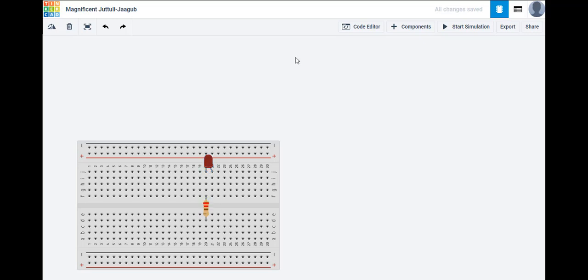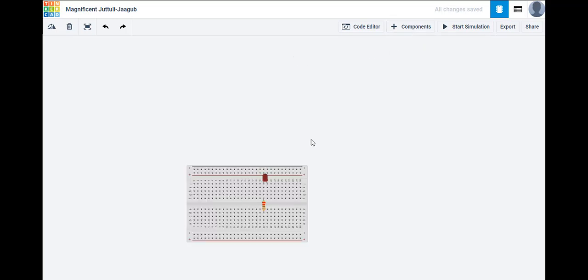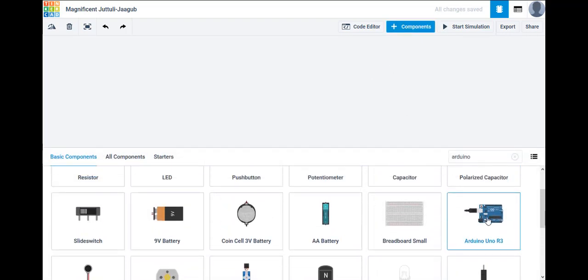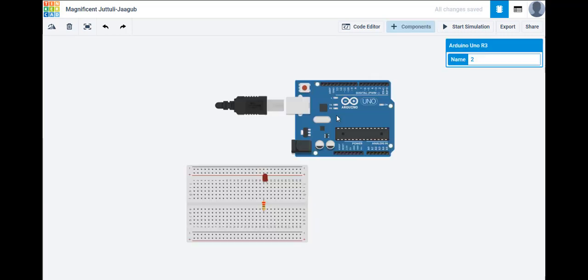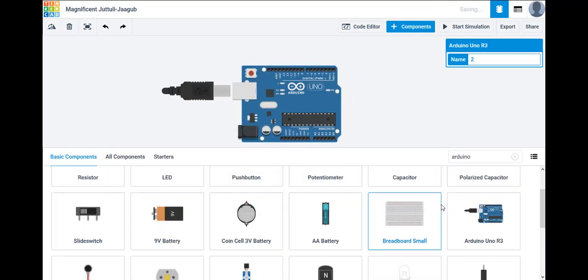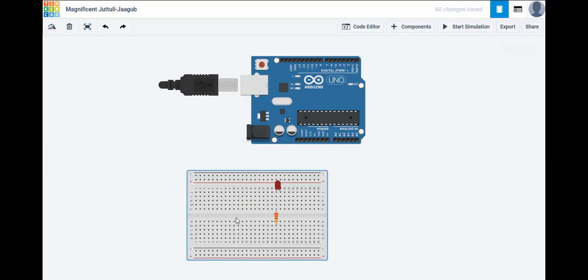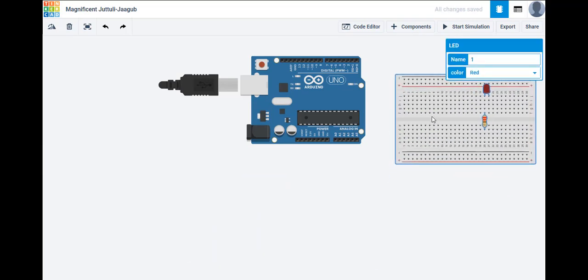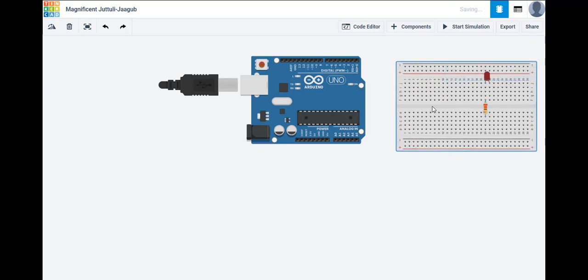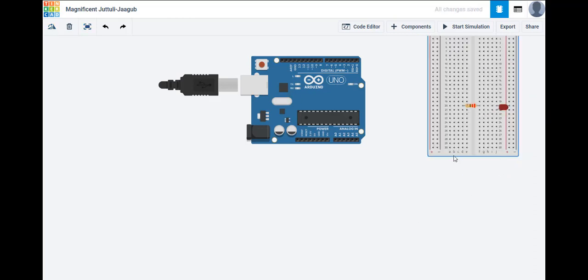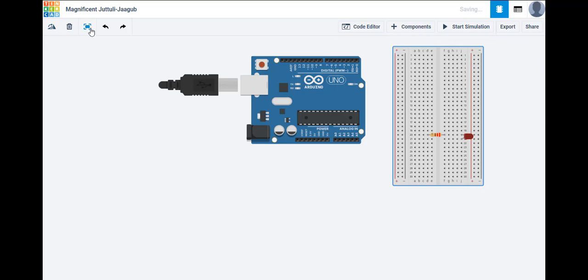Now, we are looking at simulation of the Arduino circuit board. So if I open the components window, you can see the Arduino Uno is listed within basic components. If I click it, drag it out here, I'll just close this window. So I'm just going to change the layout. If I take the breadboard, place it this side, well, it's selected. If I rotate it, I can bring it up to vertical, move it back and center it